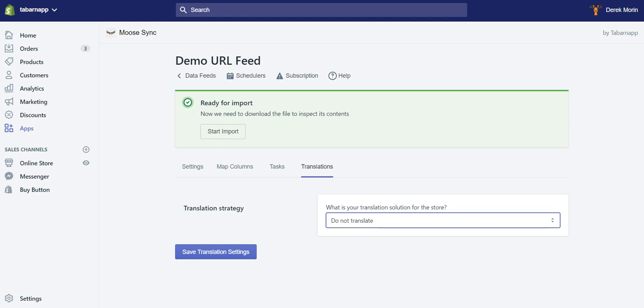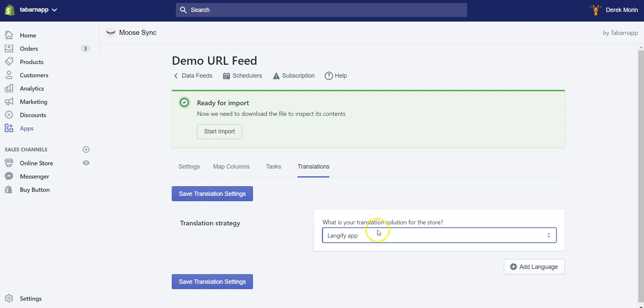If you have a multilingual store, you need to translate in one or more languages. To do so, you go to the Translation tab, and we currently support only Langify as the app to translate. What this translation does inside Moosync is that each piece of data